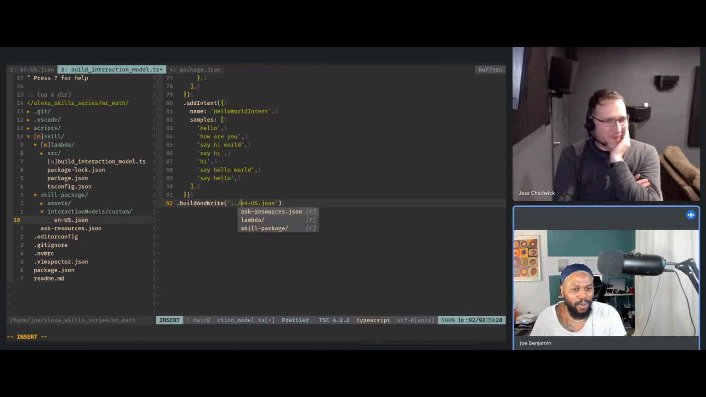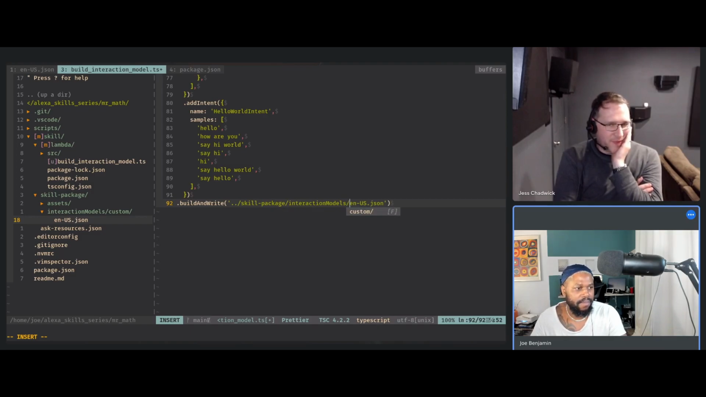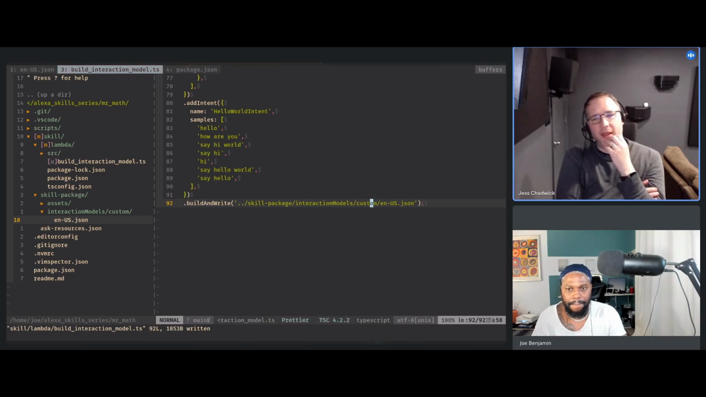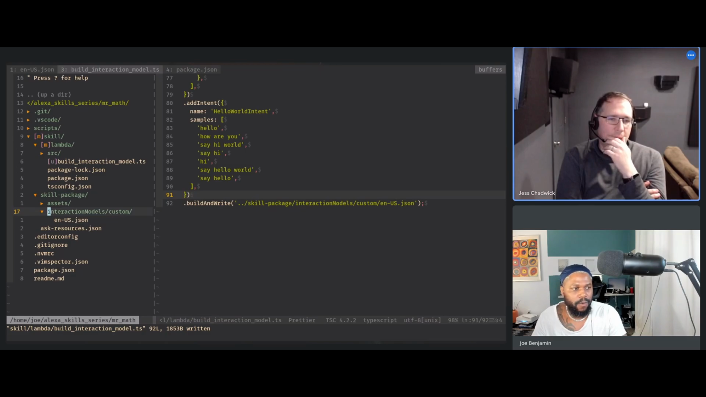So we need to point it to the skill package. Skill package, and then we need to go inside the interaction models, and then custom. So we're just going to overwrite this en-US. When we're all done with this video, we're just going to add this to our gitignore and stop committing it, right? Because we're going to just generate this every time. Yeah. So now that we have that,